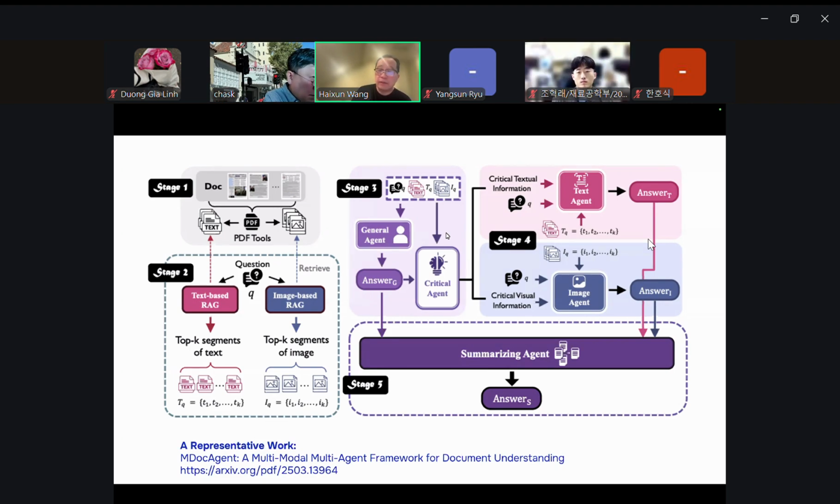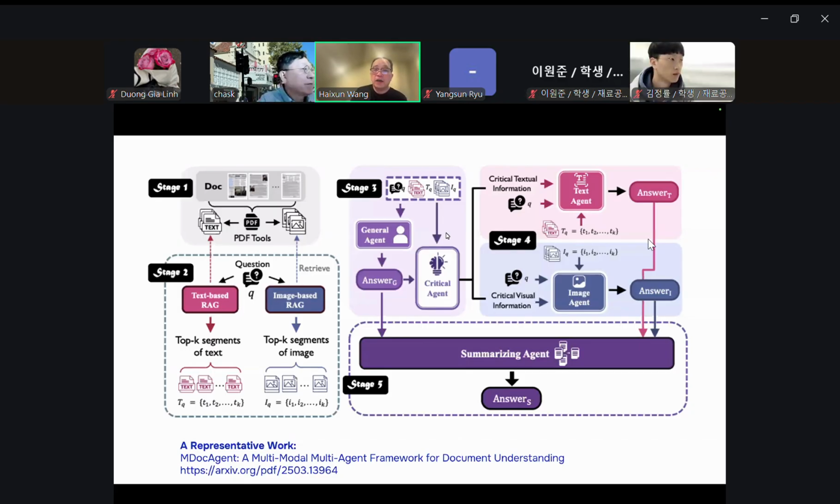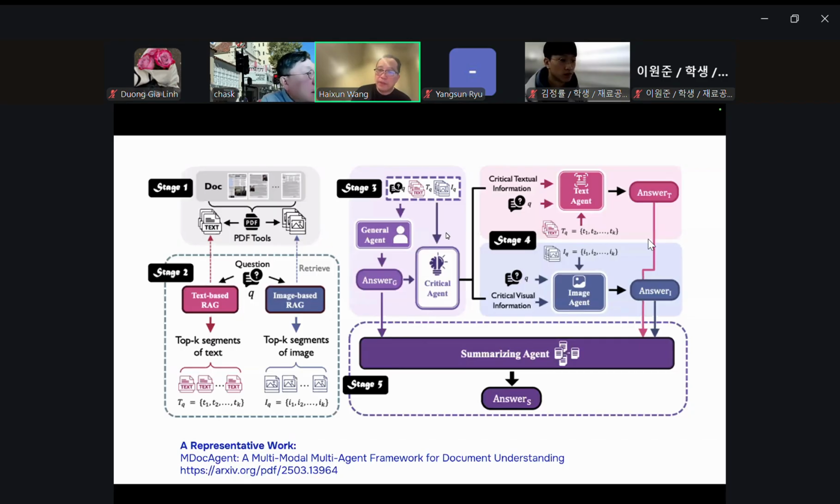When a query comes in at stage two, you go to the RAG, and the RAG gives you the top K text segments and the top K image segments, right? And using these text and images, you can answer the question, right? That's stage two.